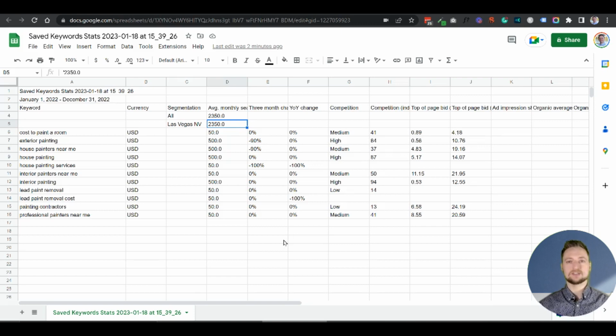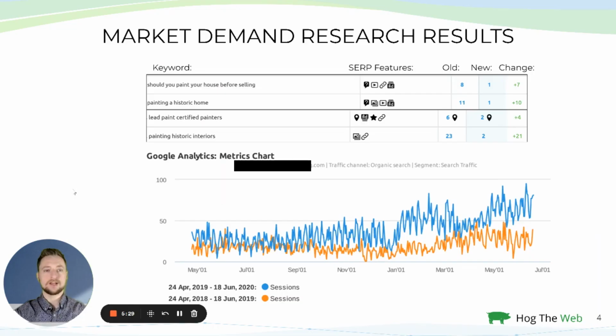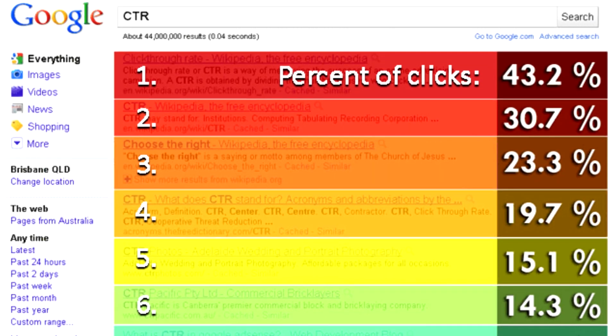This technique can start to give you a general sense of how much demand there is for specific services and products within your region. For one of our clients, over the course of about a year, we targeted some of these specific keywords that you can see listed here. And here you can see the old position that they were in. So they were the 8th organic result in a Google search for that keyword. And then after the year of our SEO services, they were able to get to the number 1 position and get the majority of that search traffic.